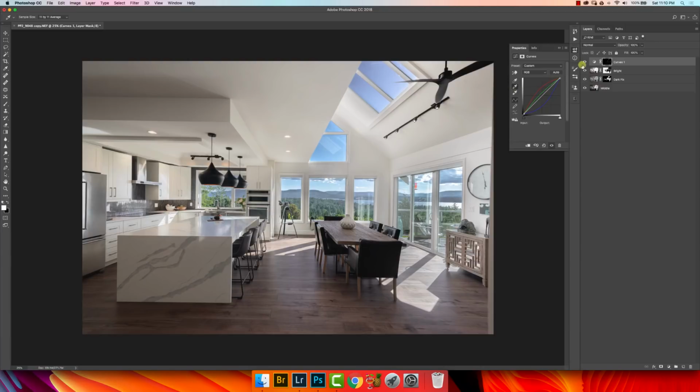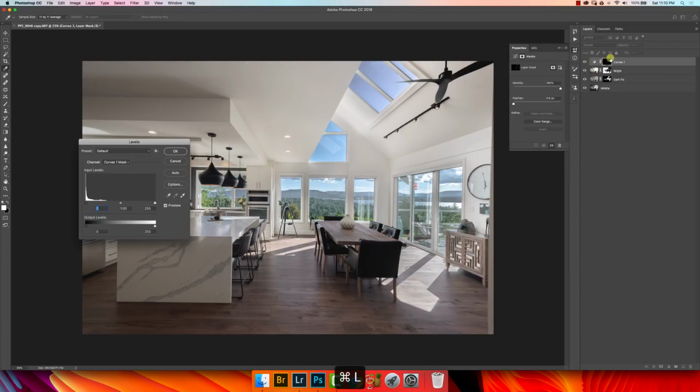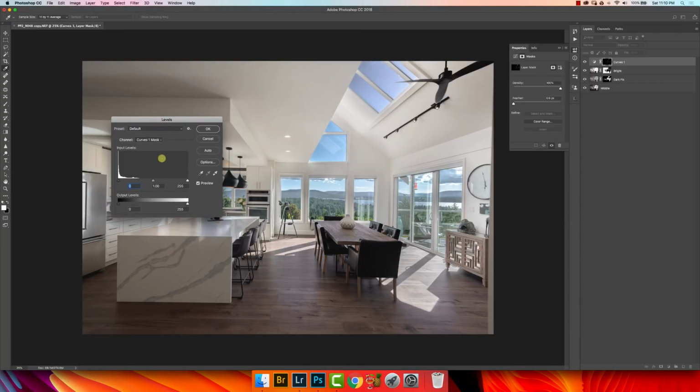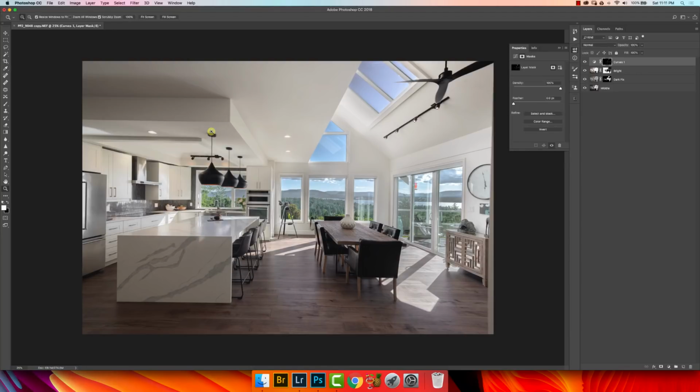Let's go ahead and do that. And I just picked a blue right here just because it's a little bit more intense. That's going to change the blues in the floor. So let's go ahead and actually make this a little bit more visible. Okay, we're going to bring the white point in to about 227. Press OK. And that looks pretty horrible in some areas, but we're going to go ahead and group this by